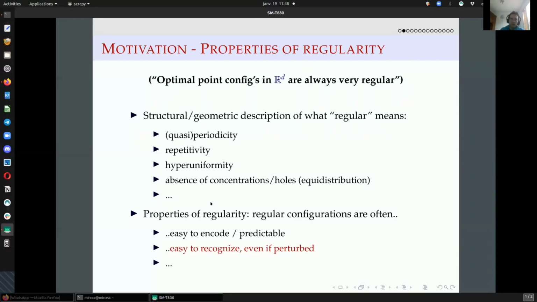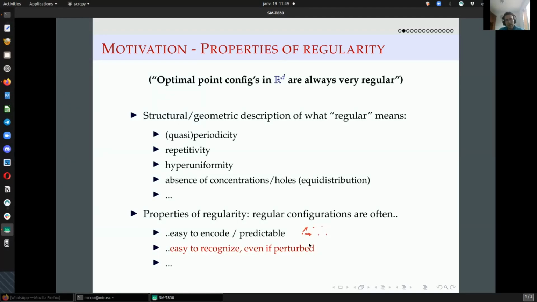But then there are also other points of view on this question about regularity, which is what are you looking for when you look for regularity, right? So one property, maybe the nicest one, is that if I have disordered points, it takes me a lot of time to tell you where the points are. But if you have a lattice, then I take the basis of the lattice and then I know where every other point in the configuration is, right? So regular configurations are in a way easier to encode.